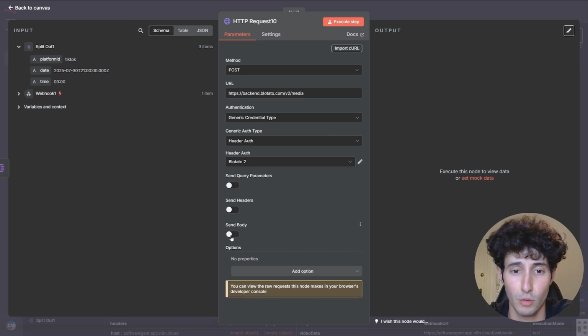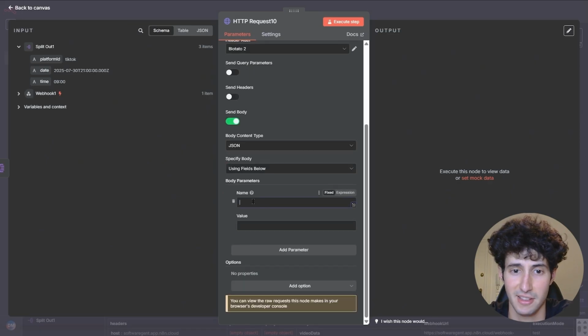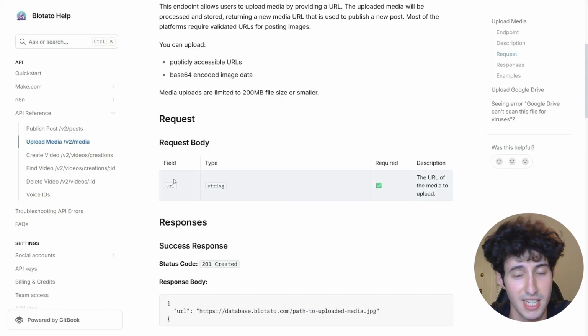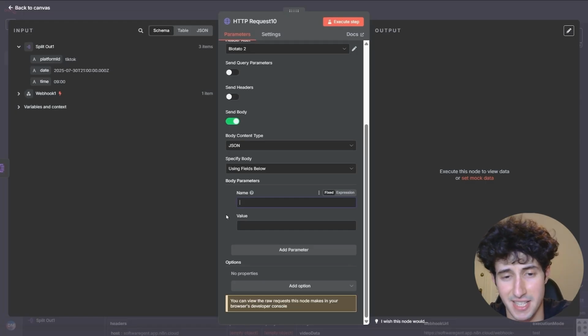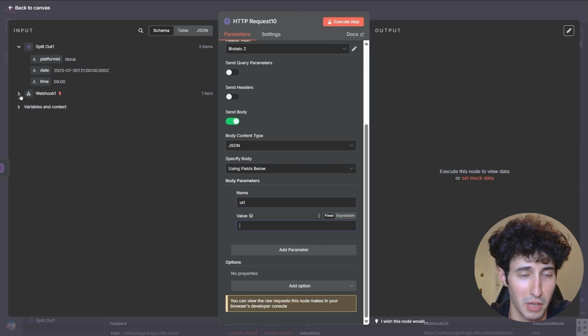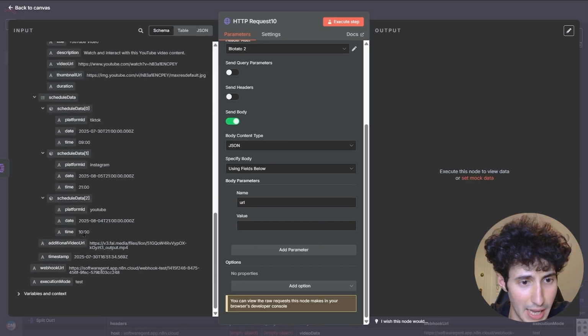And then what we need to do is to open up the body parameters, and if we come back over to the docs, we can see that there is only one field that is required, which is the URL field. So I will simply copy this and paste this in, and then over here in the value I will actually open up the webhook node, and I will come over here to where it says additional video URL,